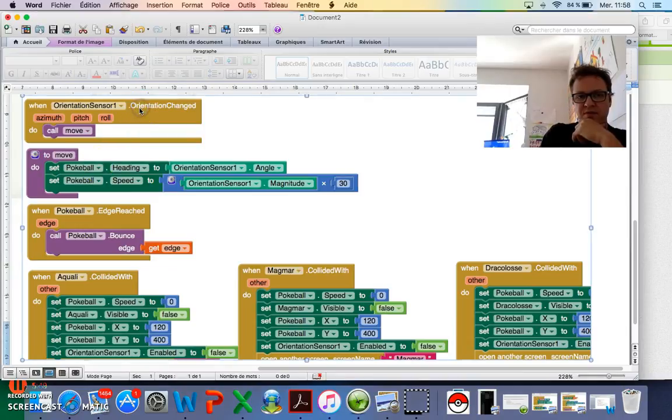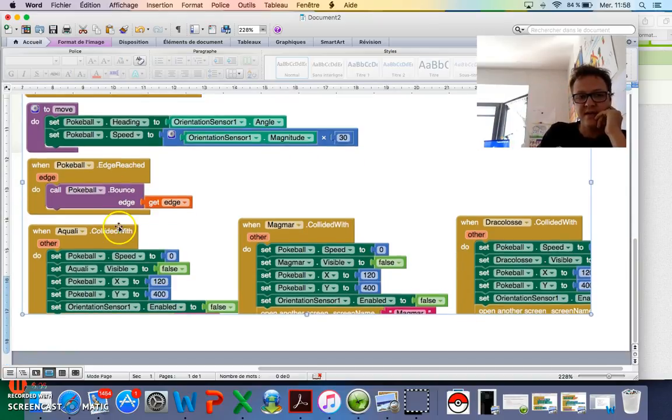So you must write this block and this block. This block is dedicated to the case of when the ball reaches the edge of the smartphone, so it must bounce against it. And these three blocks are dedicated to the moment when the ball is colliding with the Pokemon.